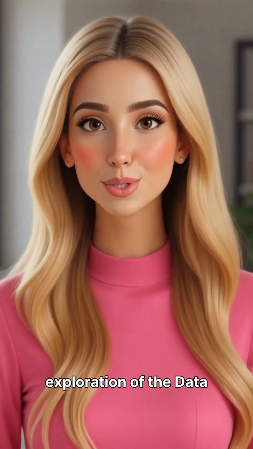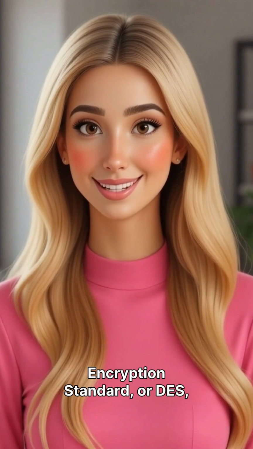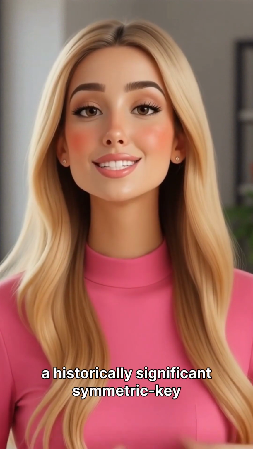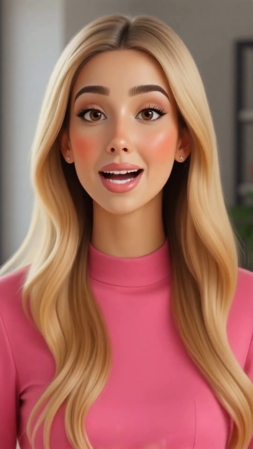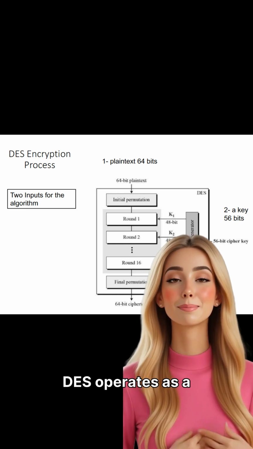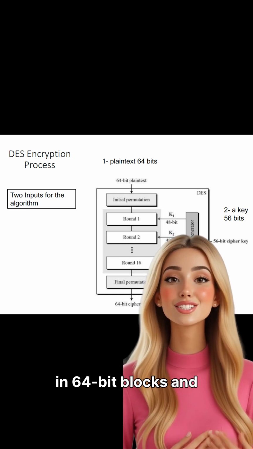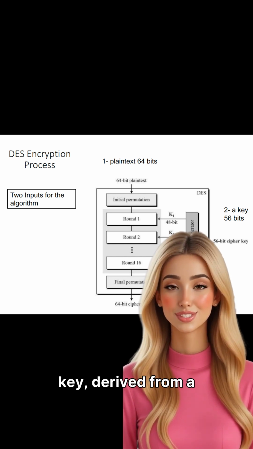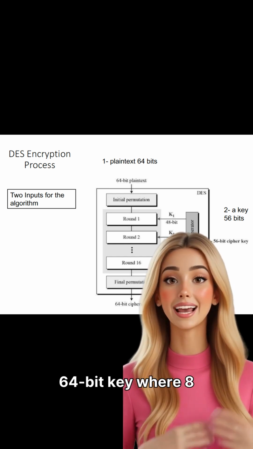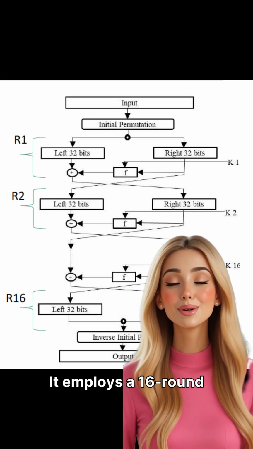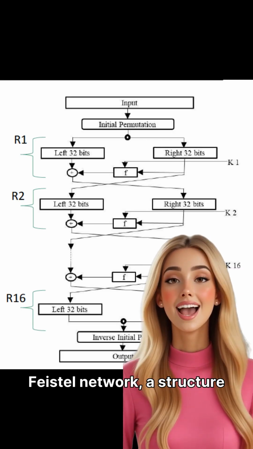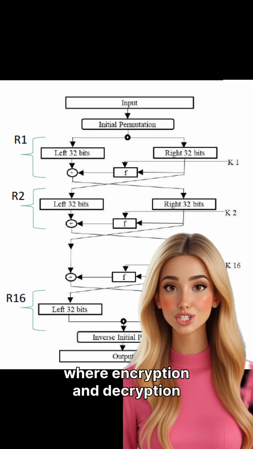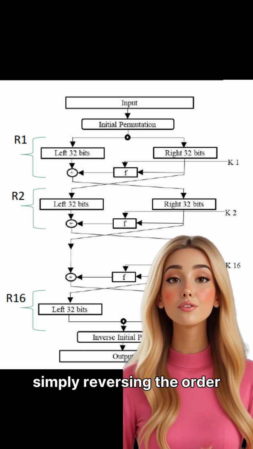Welcome to a detailed exploration of the Data Encryption Standard, or DES, a historically significant symmetric key block cipher. DES operates as a block cipher, processing data in 64-bit blocks and utilizing a 56-bit effective key, derived from a 64-bit key where 8 bits are for parity. It employs a 16-round Feistel network, a structure where encryption and decryption use the same algorithm, simply reversing the order